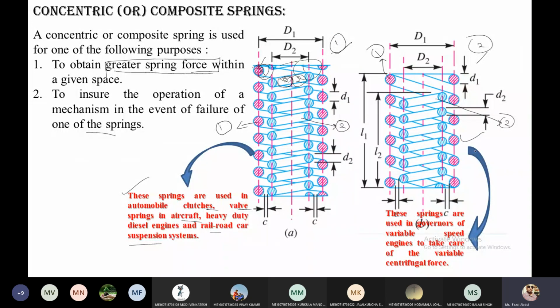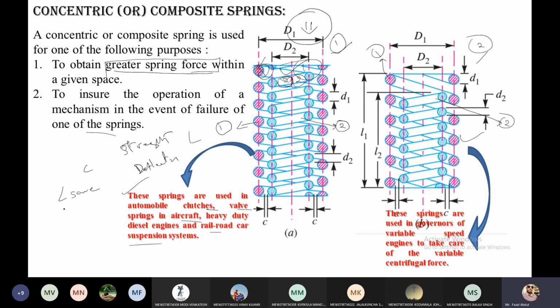So here what we have to do, we have already designed all the parameters, so here we have to compare on every criterion. We have the strength criteria, we have deflection, and we have the spring index, solid length, whatever all the parameters are, we have to compare. For designing purposes, I am considering the first category type of spring.